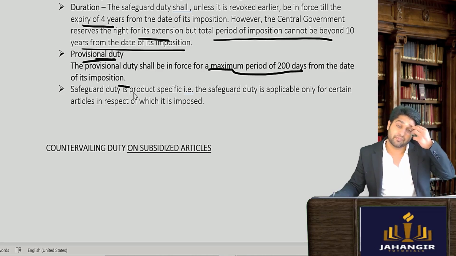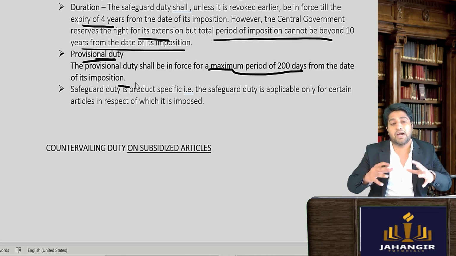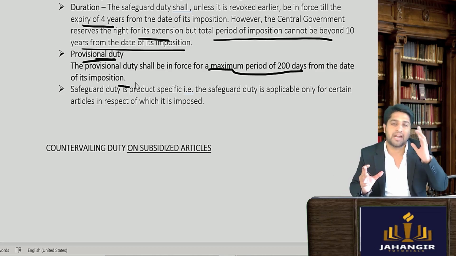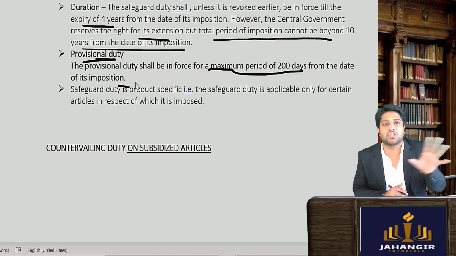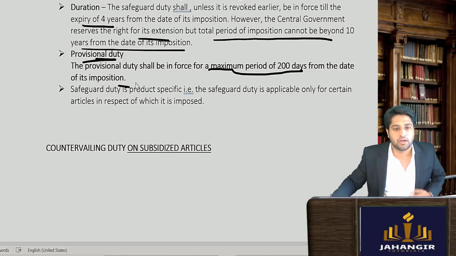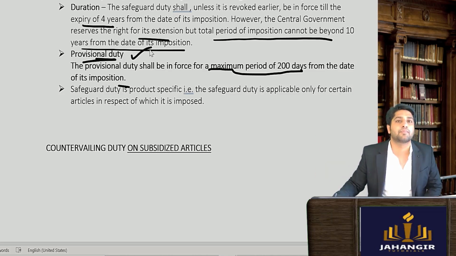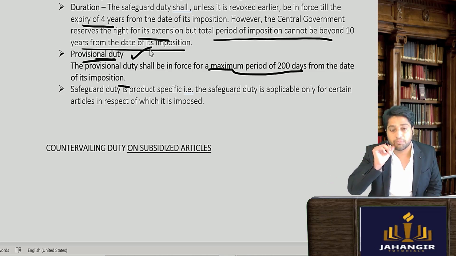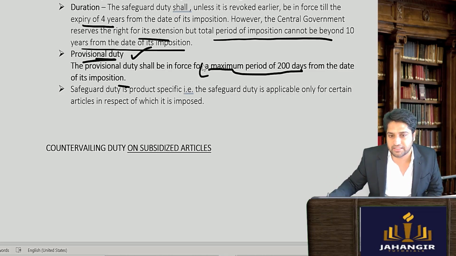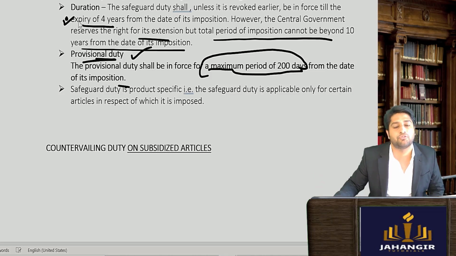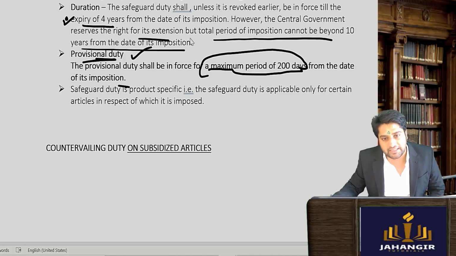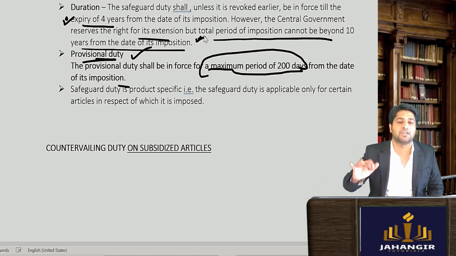मतलब क्या? Imagine we are in two minds: लगाए कि नहीं लगाए, लगाए कि नहीं लगाए. We are confused. So at that time we will say, till our investigations are completed, immediately levy it as provisional duty. Safeguard duty लगा दो on provisional basis. So therefore ये 200 days से ज़्यादा नहीं हो सकता, because it is only a temporary thing. Then the government passes its final order and it can be extended till 4 years. Then it can further be extended to a total of 10 years, not beyond that.